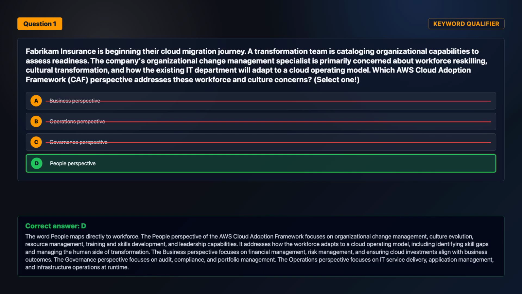The correct answer is option D. The word people maps directly to workforce. The people perspective of the AWS Cloud Adoption Framework focuses on organizational change management, culture evolution, resource management, training and skills development, and leadership capabilities. It addresses how the workforce adapts to a cloud operating model, including identifying skill gaps and managing the human side